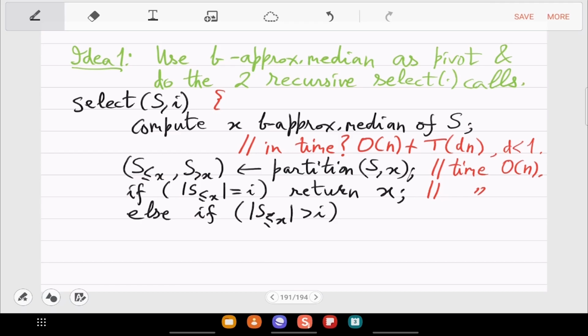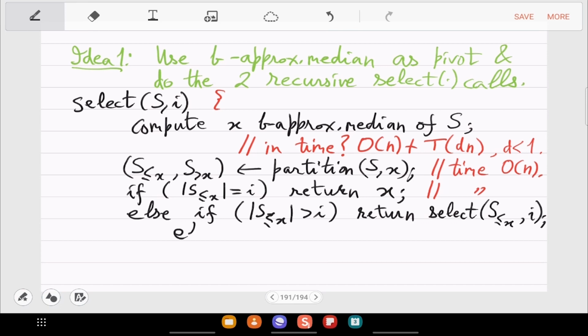You can just call select on this part, all with I. On this first part you can call select with the same I, because I is present in this part. It doesn't care about the second part.